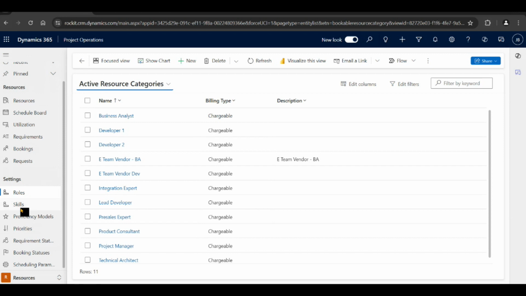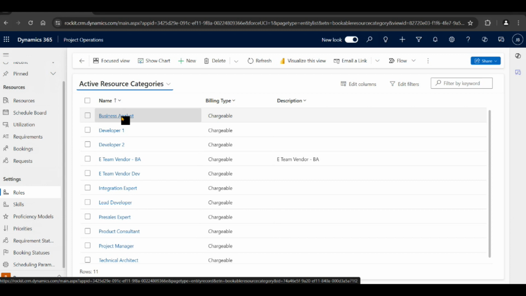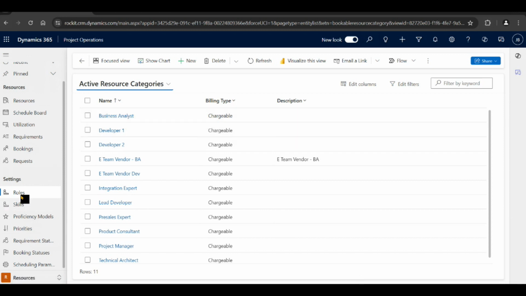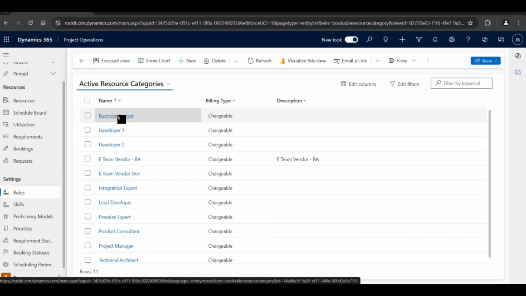So these skills have a relationship with the roles. A business analyst will have a skill of business analysis, he may have a skill of Azure, he may have a skill of data analysis, etc., and those skills will be attached to these roles. So what happens is that when you, as a resource manager, are allocating